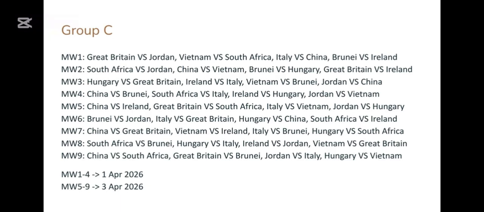In match week 7, China versus Great Britain, Vietnam v Ireland, Italy v Brunei, and Hungary v South Africa. In match week 8, South Africa v Brunei, Hungary v Italy, Ireland v Jordan, Vietnam v Great Britain. And the final match week of Group C, China v South Africa, Great Britain v Brunei, Jordan v Italy, and